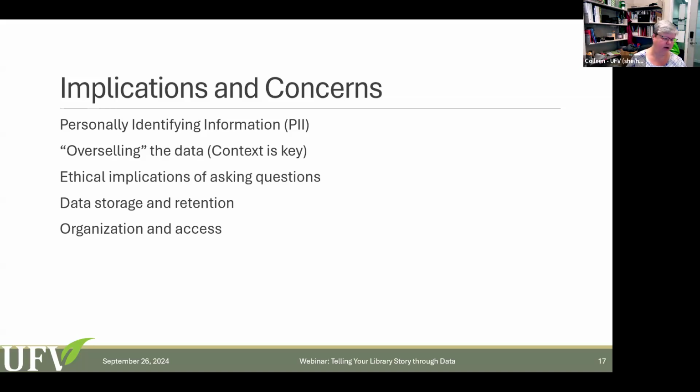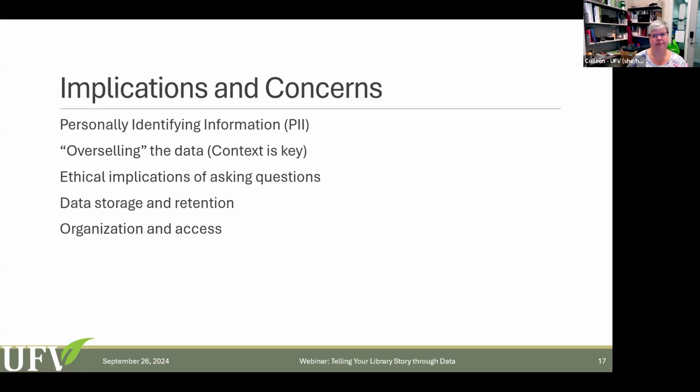I have been working on creating a data warehouse for my library that documents how data is collected, where it is stored, who can gain access to it, and in what format it's available. So is it just the raw data? Is there a spreadsheet with analyzed data, or is it part of a dashboard? Is it a report that was written in analyzing the data?